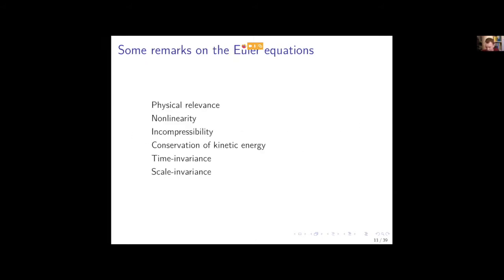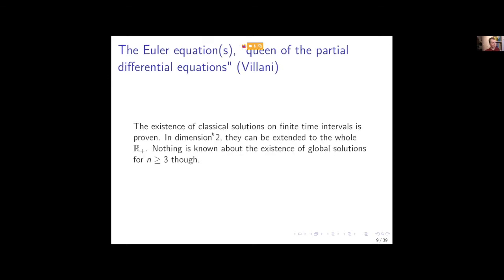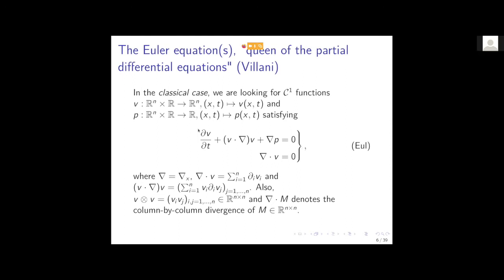Then, as we talked about, they conserve kinetic energy. They are time invariant and they are scale invariant, so if you scale up or scale down time or space, they're not going to change. And what else do we have? Incompressibility. So we have two equations. The first equation again involves the trajectory of the particle. This is essentially Newton's laws applied to the particles. And in the second equation, we have the divergence of V equals 0. This expresses the incompressibility of water.